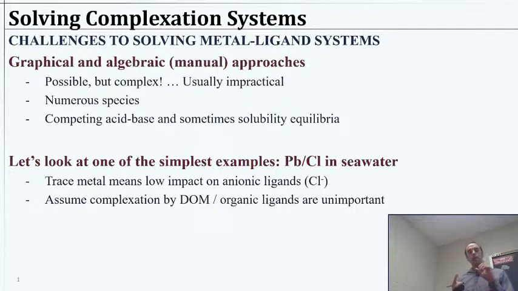So if we make a couple assumptions, first of all, the trace metal's concentration is low enough, trace, so that it's not really impacting the concentration of anything else. We also can typically assume that we can ignore any activity coefficients in that scenario. And then also assume that there's no complexation by dissolved organics or some other organic molecules around. Maybe that can be reasonable for some cases as well. So, I'm going to walk through how the book shows a hypothetical student tackling this kind